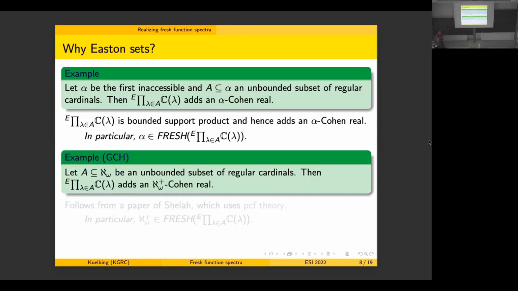And for the singular cardinals, as an example, if we have an unbounded subset of Aleph omega of regular cardinals, then the product adds an Aleph omega plus Cohen real. And this follows from a paper of Shelah, which is based on PCF theory. And in this paper, he shows that the full support product of such Cohen forcings adds a